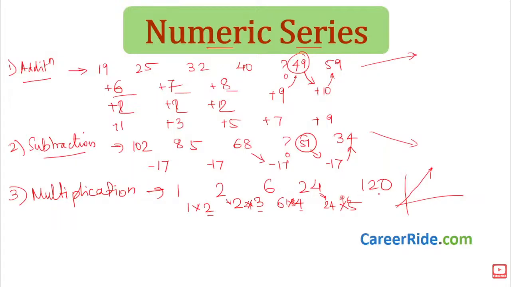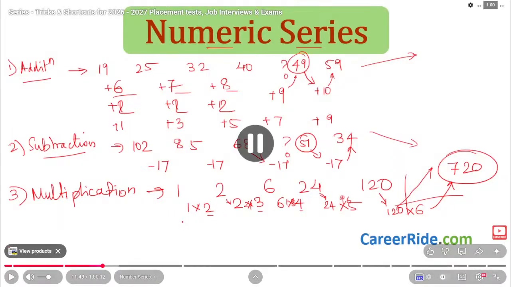So what will be the next number? Write 120 over here. Here it is 5. 2, 3, 4, 5, 6. 120 into 6 will give you 720. This is the answer. This is multiplication. It might also happen that each of the numbers is multiplied by a constant